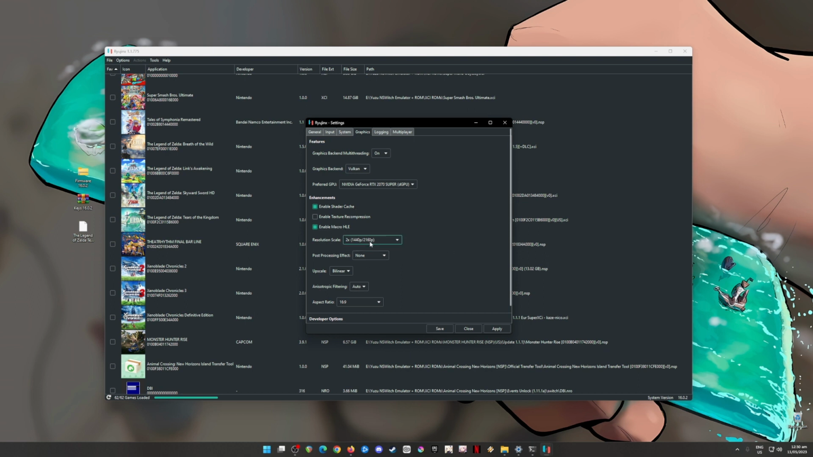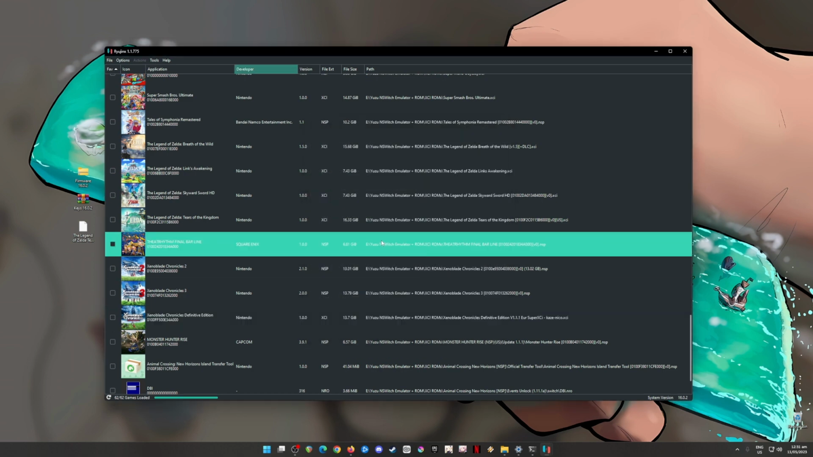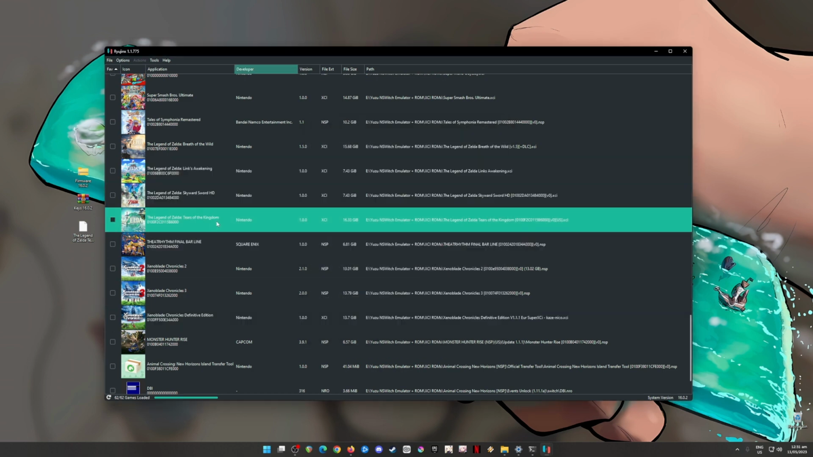The resolution scale should be 2x resolution so that the game will look much sharper and much more beautiful than the Switch when you're playing on PC. But if your PC can't handle that, then go to the native resolution of the Switch, okay? For me, 2x resolution is the best. Post-processing effect should be none. Upscale is bilinear and anisotropic filtering should be auto, and aspect ratio should be 16:9. Once you're done, hit apply and save. Now your Ryujinx is fully optimized to run The Legend of Zelda Tears of the Kingdom on your PC,